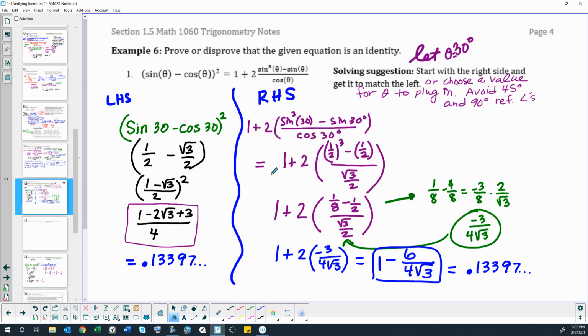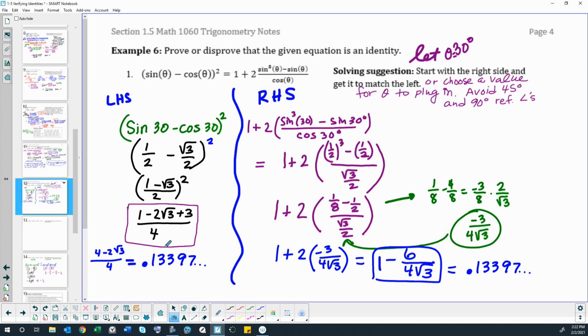So we're going to do it separately on each side. On the left-hand side, plug it in. That gives us sine of 30 is 1/2, cosine of 30 is square root of 3 over 2. We subtract those. We square this thing right here. So combine our fractions together. Square it out. I think I just multiplied that binomial together, so there's my perfect square trinomial from doing that. Combine the 1 and the 3 together. I feel like I missed a step here somewhere, because 1 plus 3 is 4, so we should have 4 minus 2 square root 3 over 4,